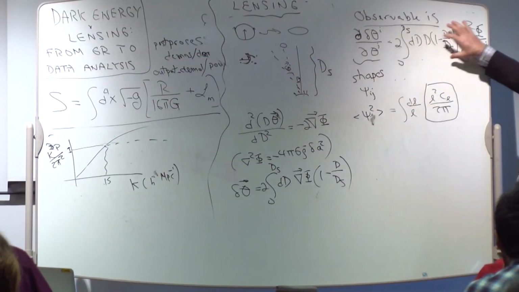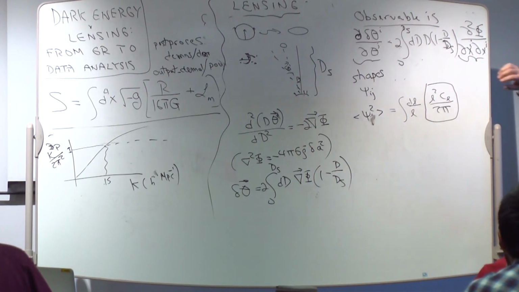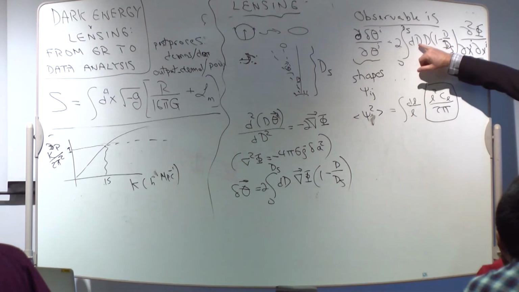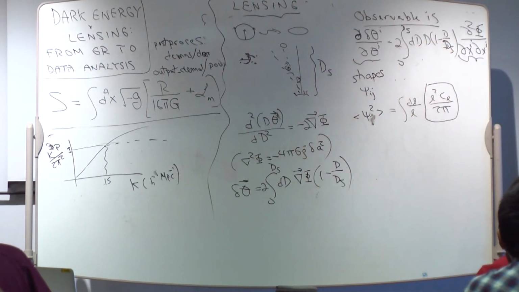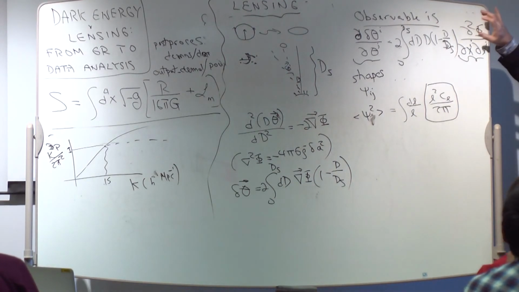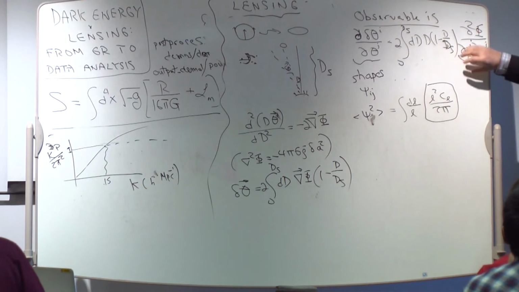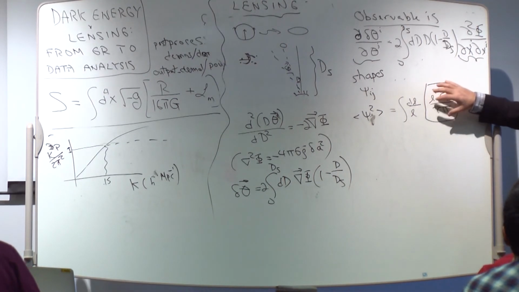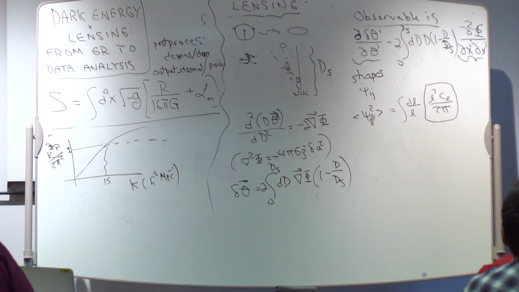And I would start from this equation. So this has 2 powers of distance in here. You know what distances are in cosmology, roughly speaking. And then it has the gravitational potential. I just told you what a typical value for that is. And then it has the scales on which the gravitational potential is changing. So what is a typical value for this? And this, you can feel free to talk among yourselves for.